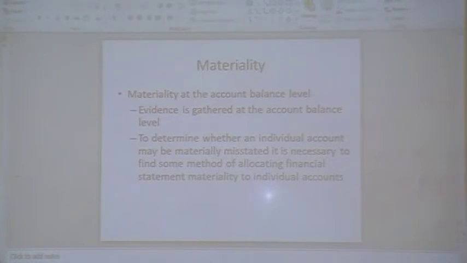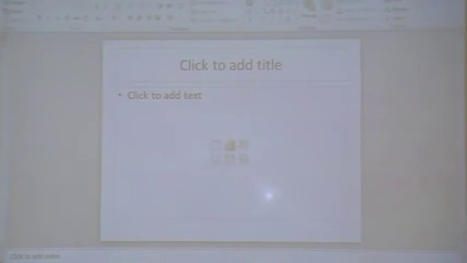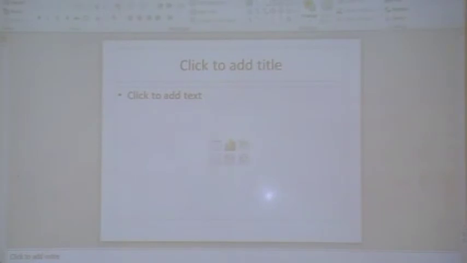Okay, so is that alright? 2 different types of controls, okay? Preventive controls and detection controls. And we're going through all these now. We're going through sales, purchases, inventory, wages. We're going through all of them over the next couple of weeks. And the different controls that should be there.